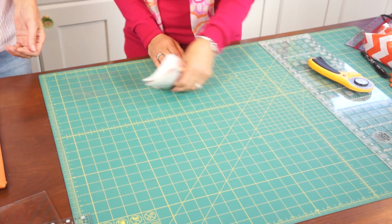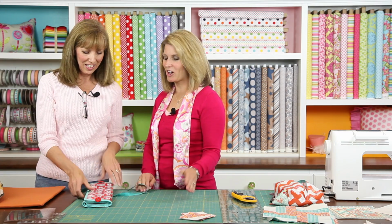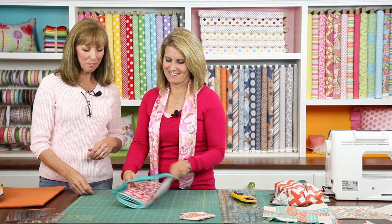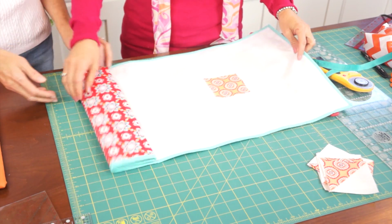All right, so we have all these trimmed and pressed, and now we're ready to put them in our blocks and sew up our blocks. And here's my little... this is a great invention, and we are going to show a tutorial on this. What do you call this? Well, it's my UFO to go, or a portable design wall, and in it I've laid out the layout